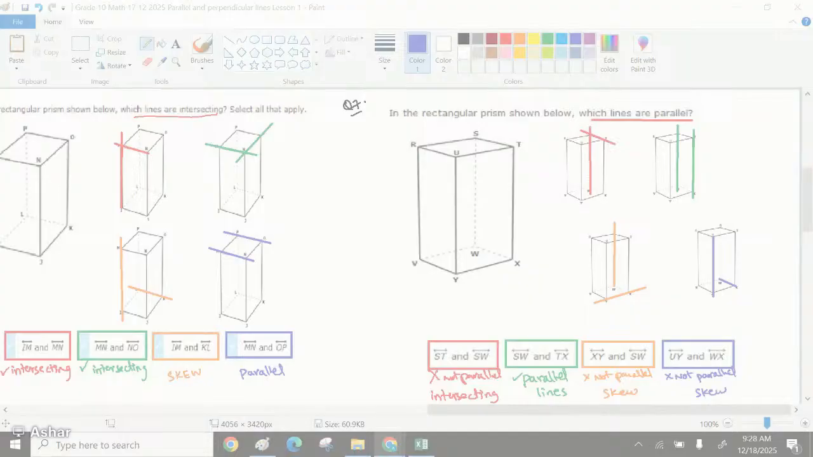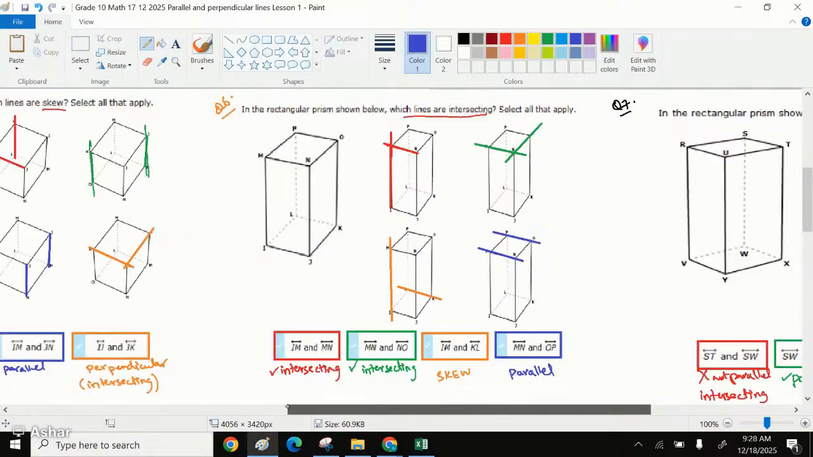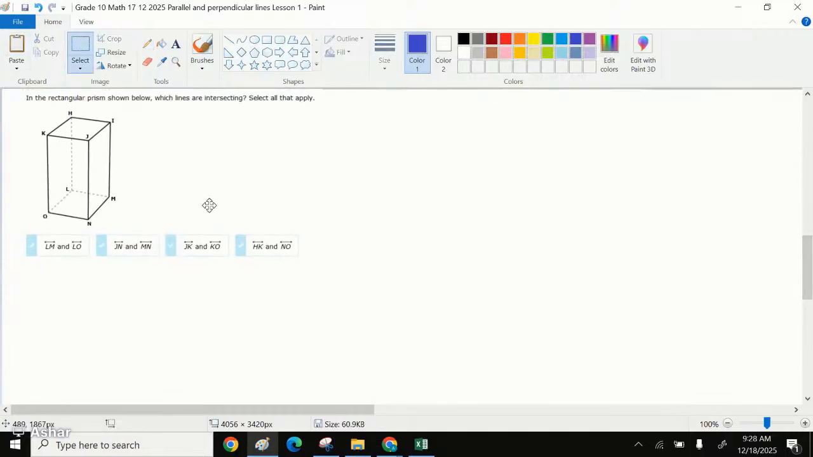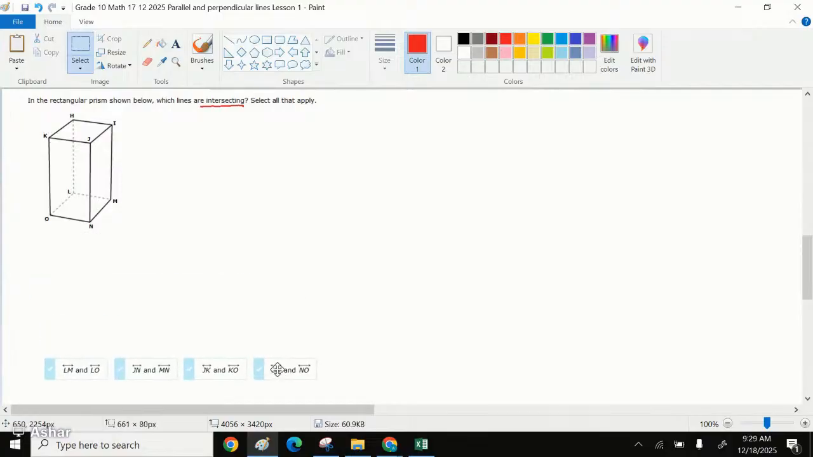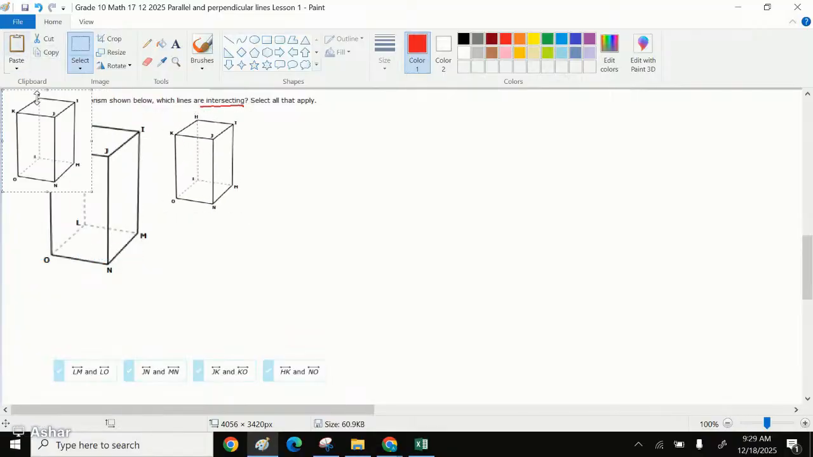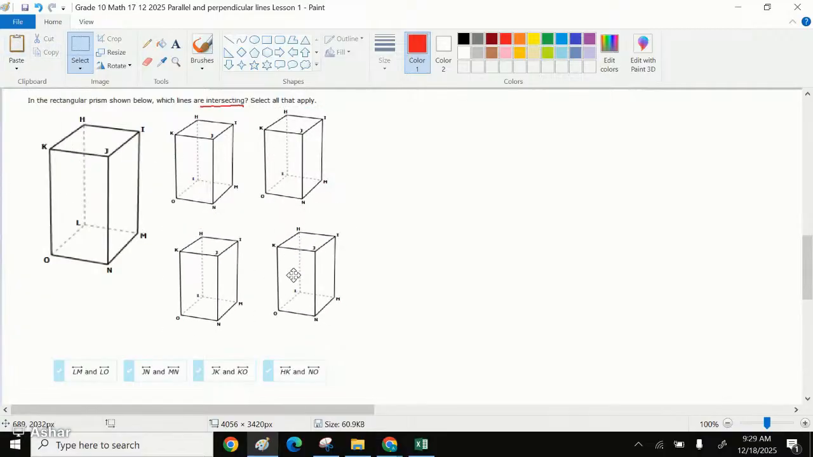Okay, let's try question number 8. It says, in the regular prism, show that which of the lines are intersecting. Okay, we bring it down. We increase the size for our ease. Let's paste it 4 times so that we can do it separately on each diagram. We need to find intersecting lines,